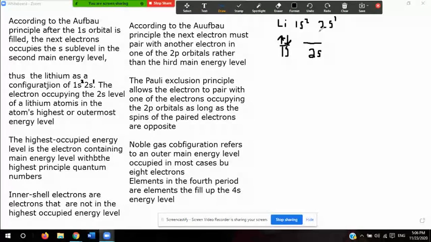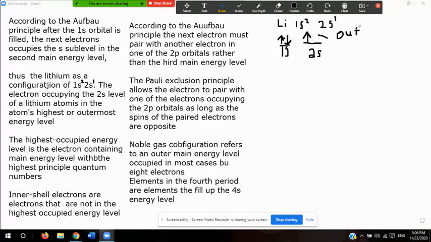has only one electron in the 2s orbital. Okay, so that's what that means. It says, thus, lithium has a configuration of 1s2, 2s1. The electron occupying the 2s of a lithium atom. So this electron here, the 2s1, is what we call the outermost electron, because lithium has 3 electrons, and the electron that's in the highest occupied sublevel is what we call the outermost electron,